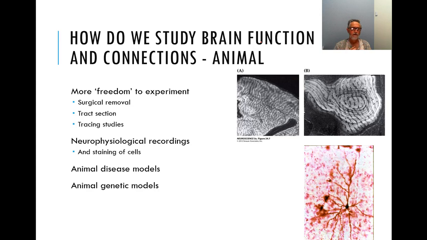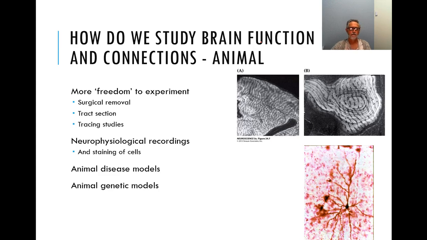Lisa will be talking to you about some of the things that we can find out with genetic knockouts. The advantage of the animals is we can do things to them, which is also a disadvantage. The other disadvantage is sometimes the animal models aren't reflective of humans, and so for many years a descending pathway called the rubrospinal tract was part of most neuroanatomy courses because it had been identified in the cat, but is eventually dropping out of courses because we're finding that it's not